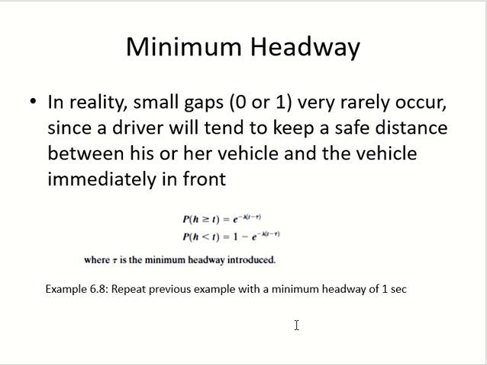So we can modify the equation, because if you say there is a probability of 0, you are lying. There is no probability that the headway can be 0. And if you say the acceptable headway is never less than 1 as well, then you are lying. So the probability of 0 does not exist, the probability of 1 does not exist. They should be taken out of the equation now.